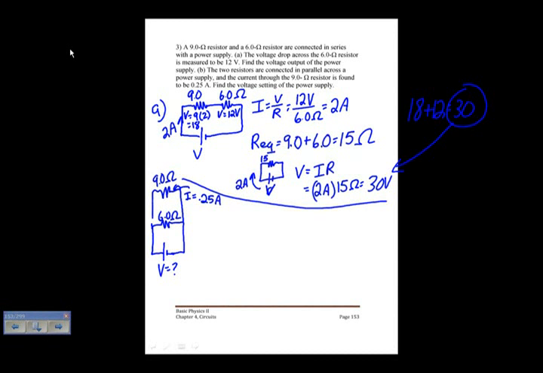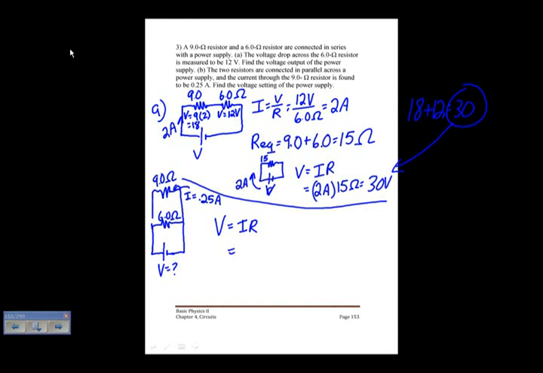So I want to find the potential. I know that the potential across the 9 ohm resistor is going to be the same as the potential across the 6 ohm resistor, because resistors in parallel have the same potential, or the same voltage. Also, the voltage across the 9 and the 6 ohm resistors is going to be the same as the voltage across the battery. So all I need to do is find the voltage across the 9 ohm resistor,